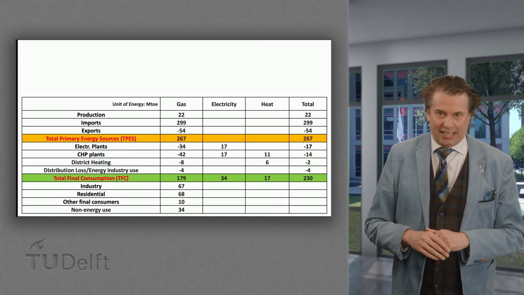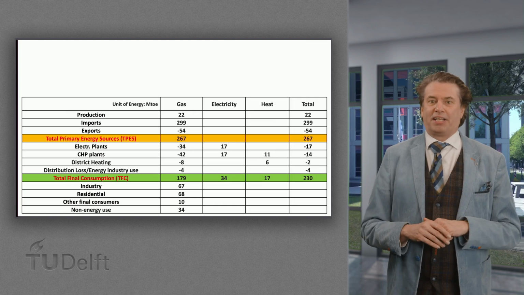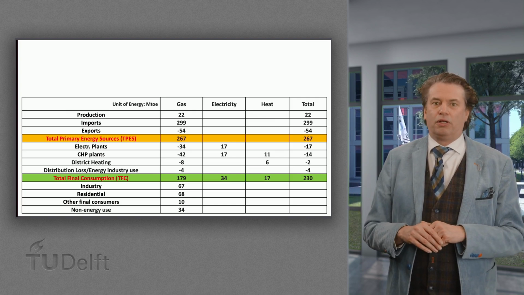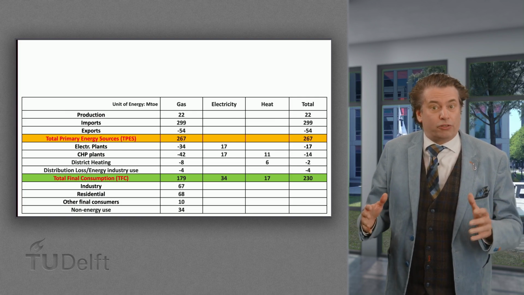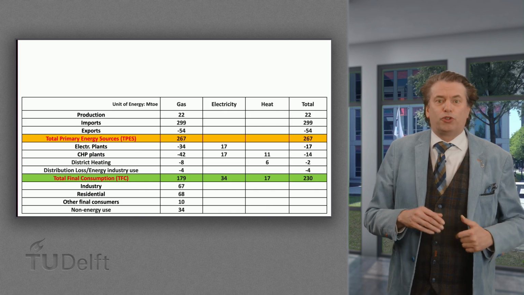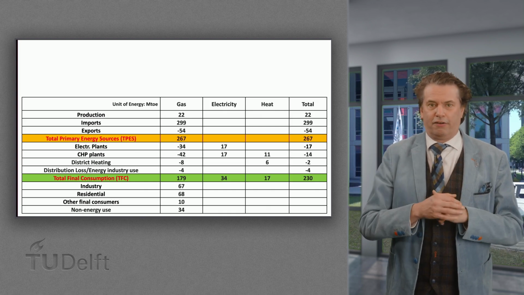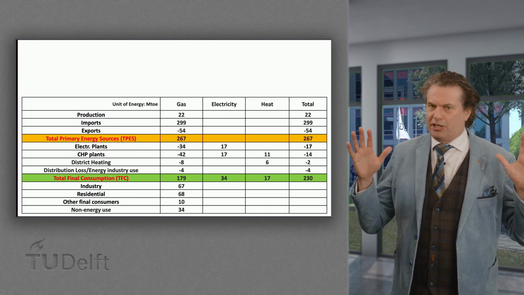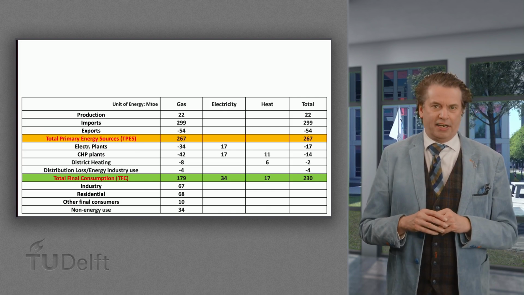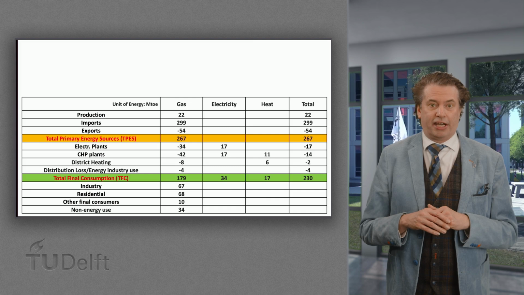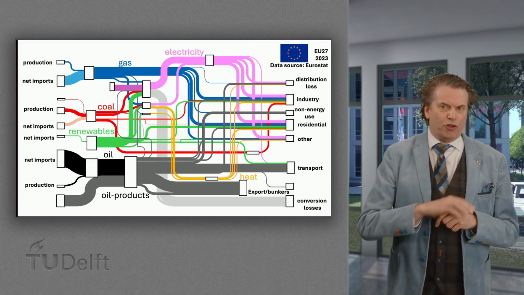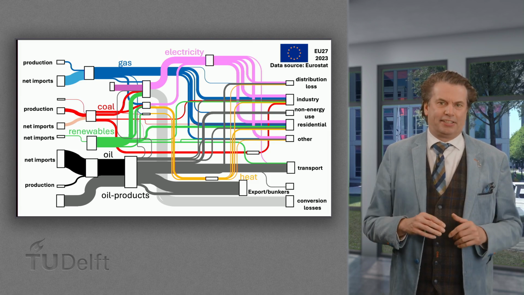the energy carrier gas. Production, import and exports determined the total primary energy source available. Some gas has been converted into electricity and heat, including the conversion and distribution losses, to the final consumption in the sectors. This simplified energy balance only includes one primary energy carrier and two secondary energy carriers like electricity and heat, and does not reflect the entire energy system.